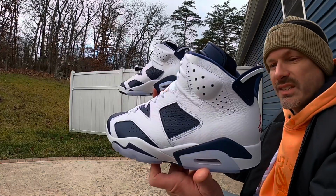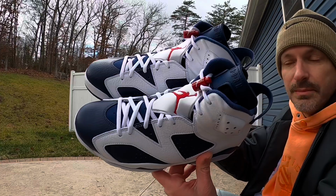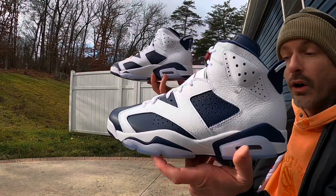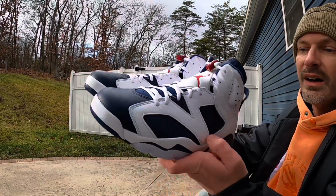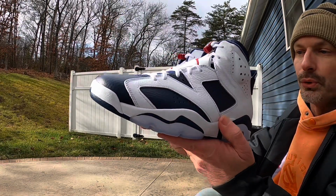The Jordan 6 silhouette just automatically takes me back to whenever I was watching the Dream Team as a kid. I just love keeping that Olympic theme going on this silhouette. It's just got the navy base. It's very similar to the Carmine color blocking, aside from instead of the Carmine red, you have this blue tumbled